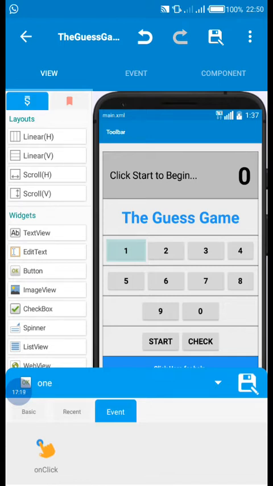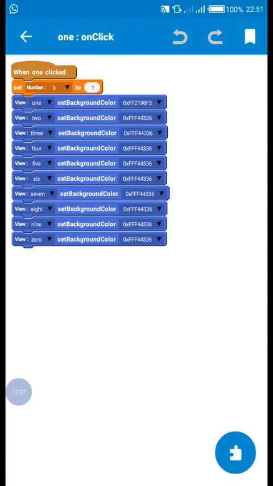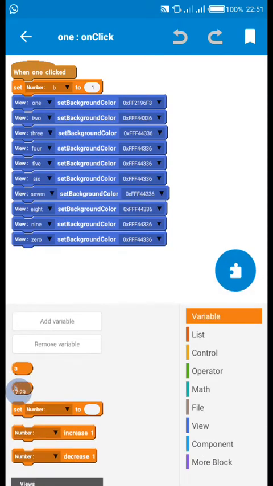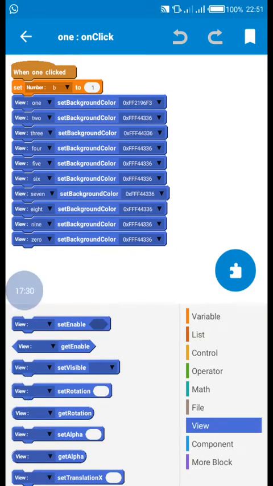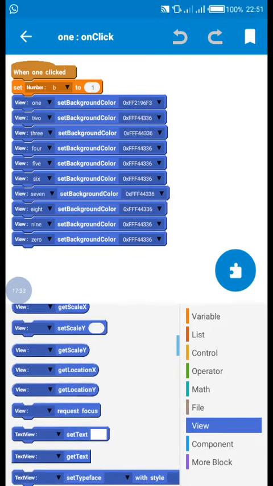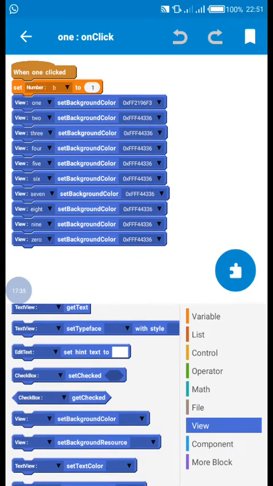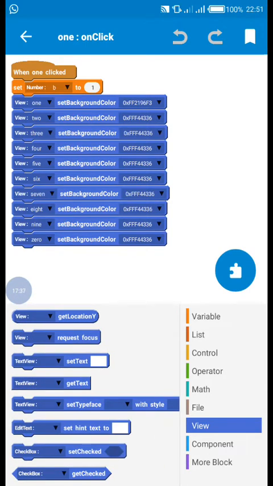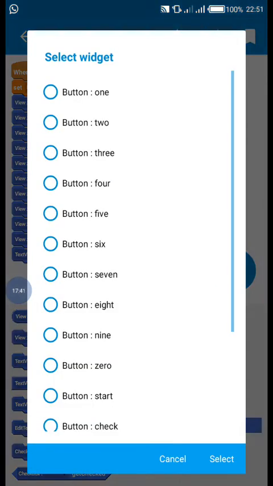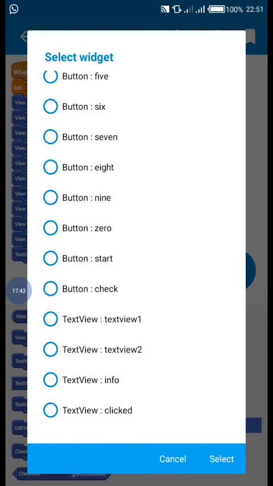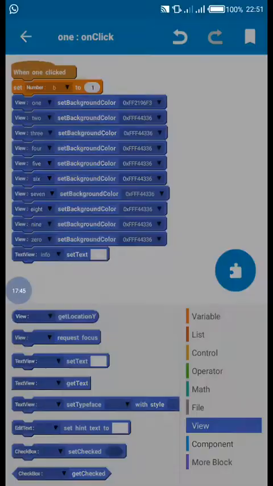I want to display it on this info. So let's add it. Set text, set info to